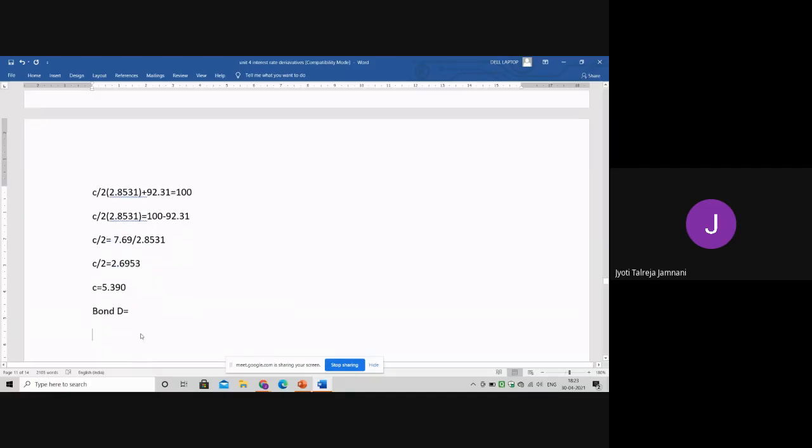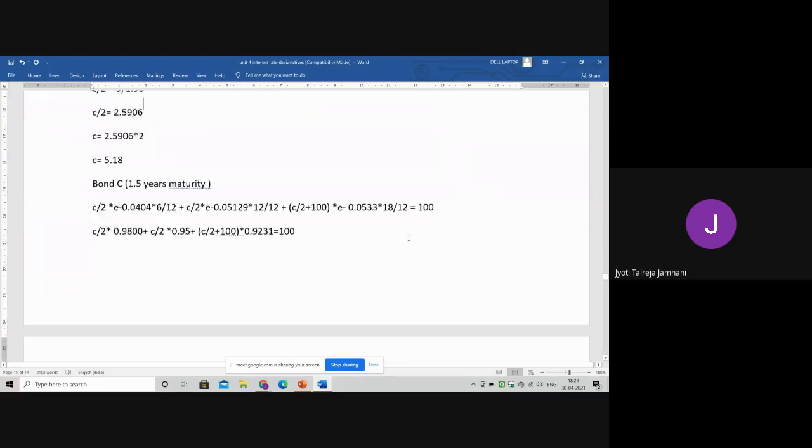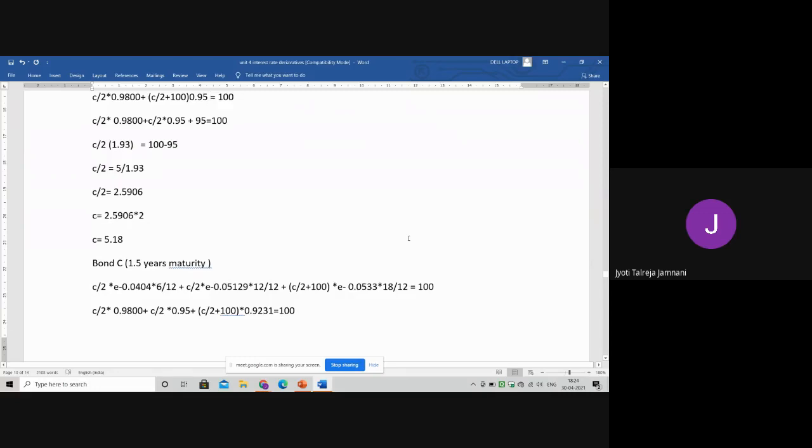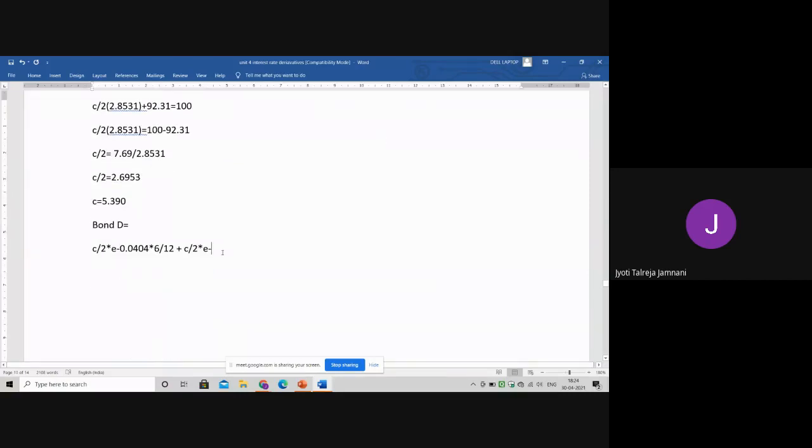So for bond D, 2 years maturity, it is C by 2 into e raised to minus 0.0404 into 6 by 12, plus C by 2 into e raised to minus 0.05129 into 12 by 12,